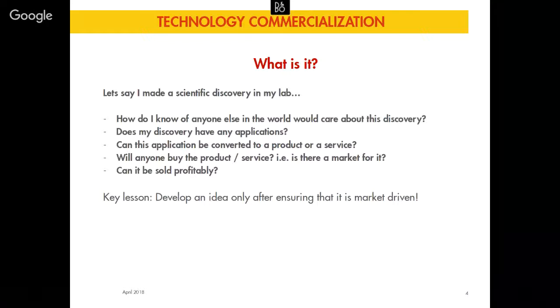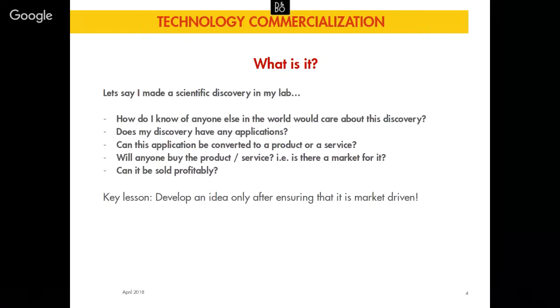So my dilemma was, okay, great, I made a discovery, yay, but so what? Who else cares about it? And most importantly, how can I make sure that there's an application for this discovery? So I had to pull together my background, my experience, my expertise to think about possible applications. And so the first step that I would say is to think about what possible application your discovery could have in the real world. The next step is to think about whether this application can be converted into a product